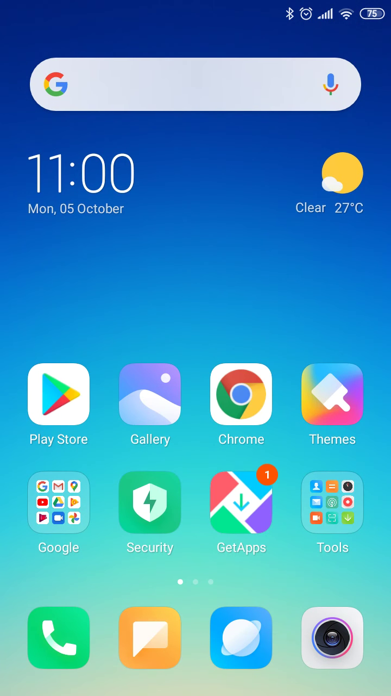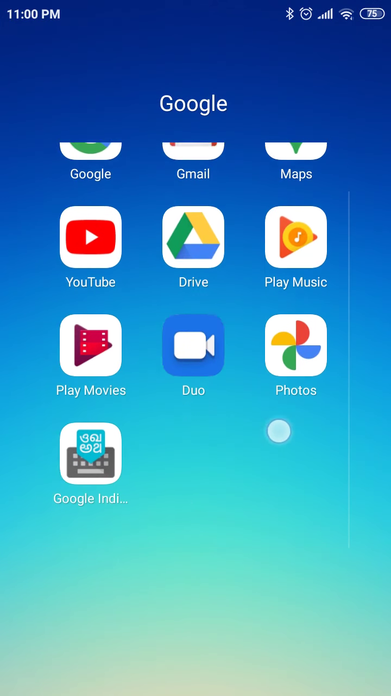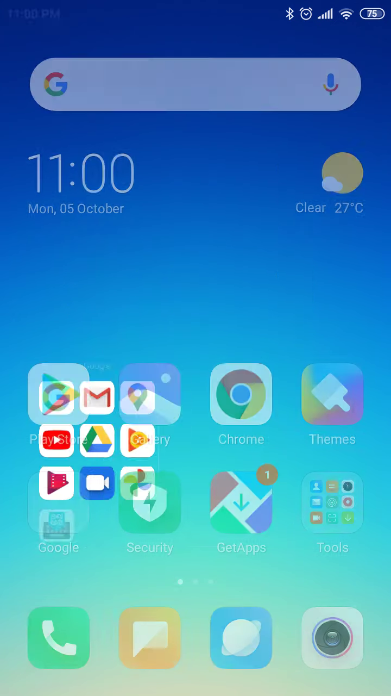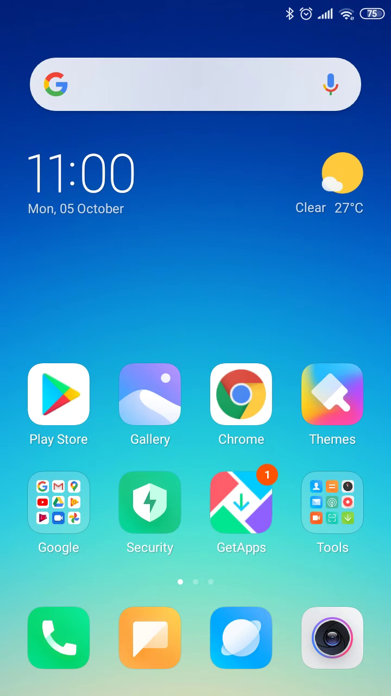On my phone you can see on the screen, in this video I have just two folders to organize two of my things. First is to organize all my Google apps. Right over here you can see I have Google, Gmail, Maps, YouTube, all of them. The second folder is tools, which has all the tools like contacts, mail, screen recorders, scanners, downloads, everything which I mainly use for recording or for